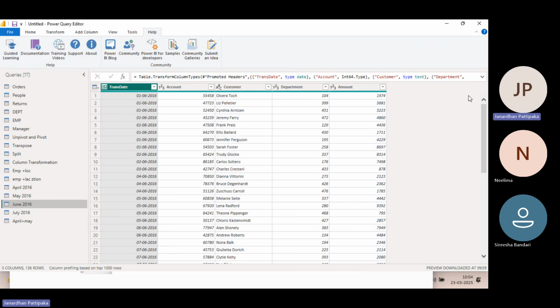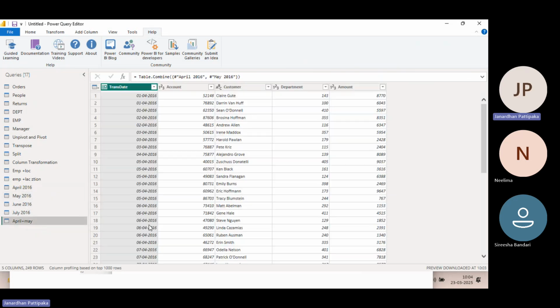And one more, what is the condition if you want to merge two tables? There should be one common ID. That's what we have discussed in the previous. If you want to merge the data from two different tables, they should contain a common ID. Based on that common ID only, we will merge the tables. When you merge, the tables will be horizontal, the number of columns will increase. But when you append this April and May data into single, the values will be added from downside,